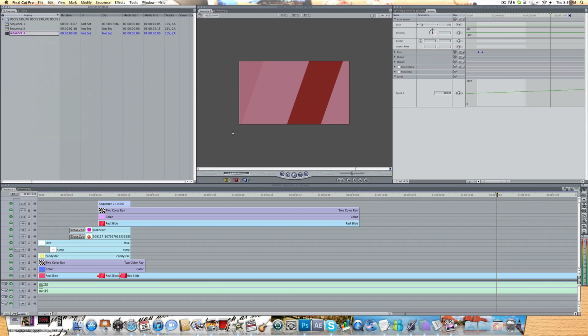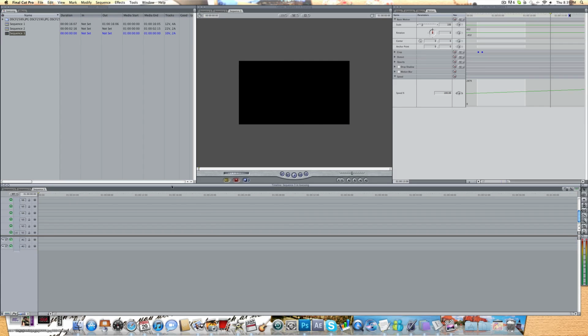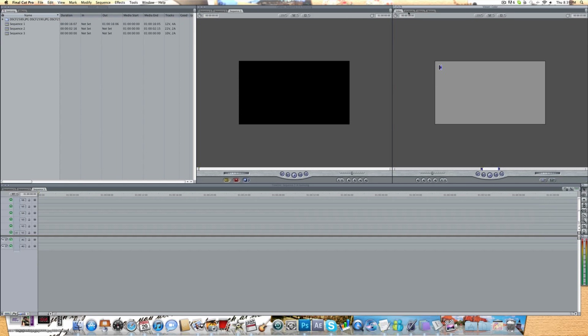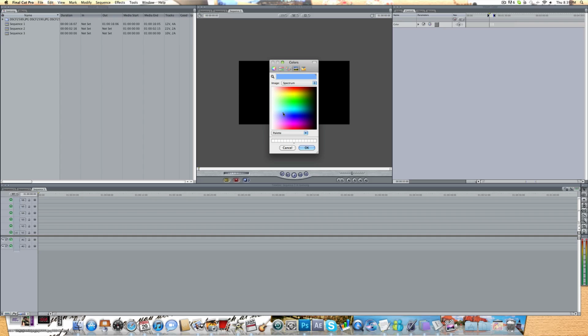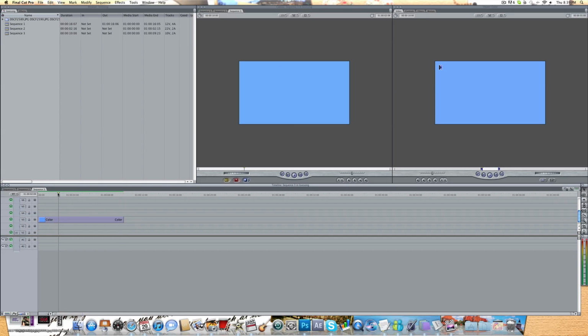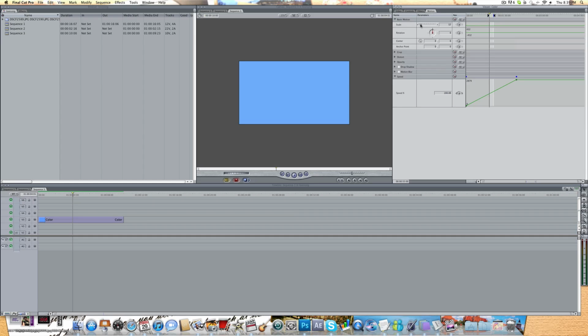Pretty much, let me open up a new sequence or something. Okay, so I just made a random color. Just do light blue. You could do this with a clip, anything really. It depends on the size of it, like if it fills up the whole screen or not. If the actual clip was smaller, then the shape would be smaller. But yeah,